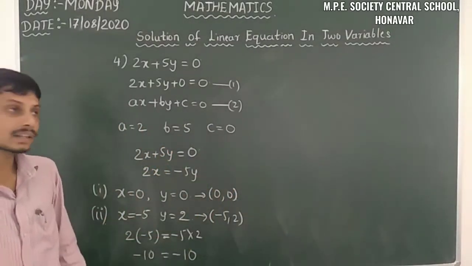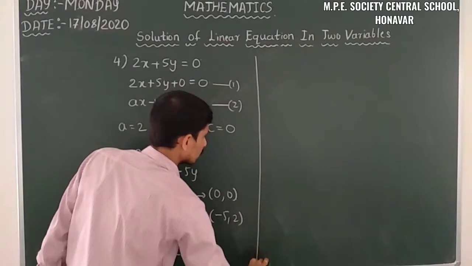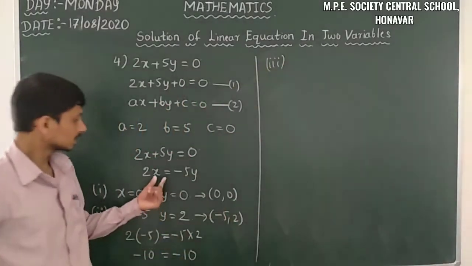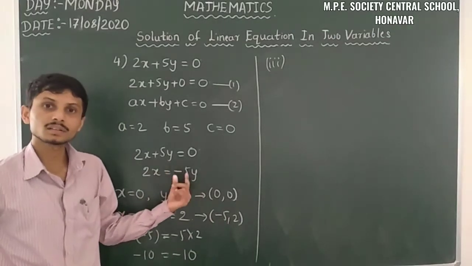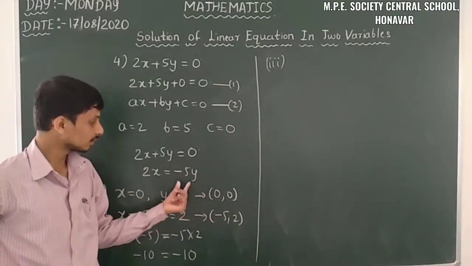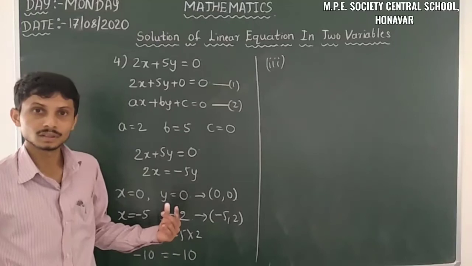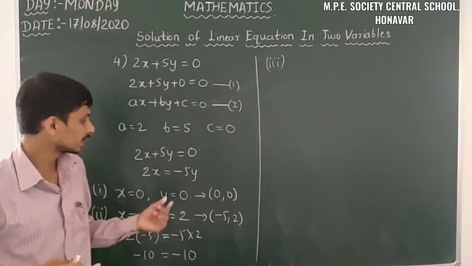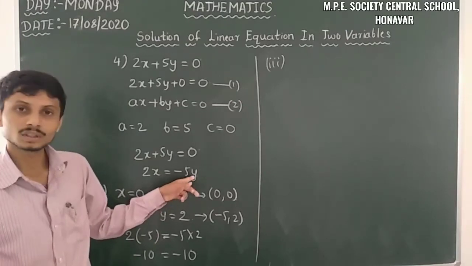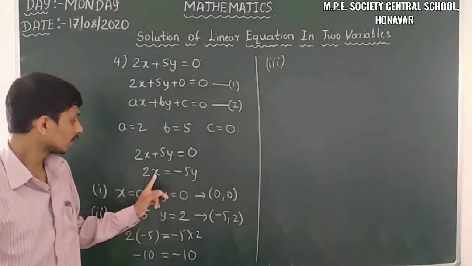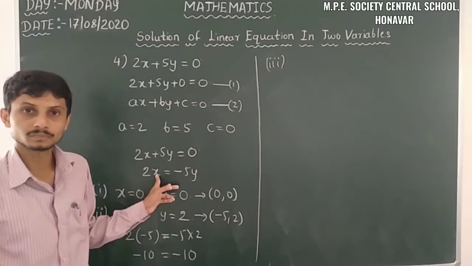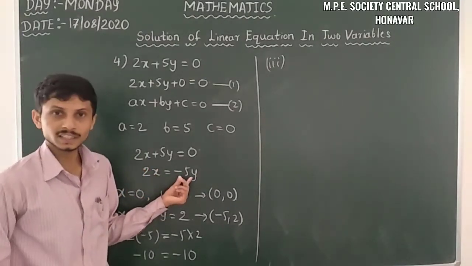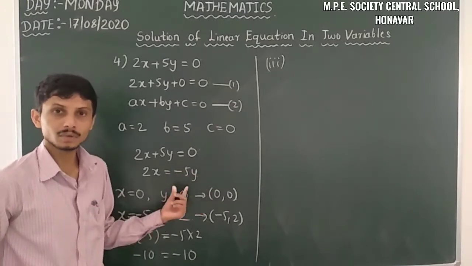Then also we can take, but here we have just taken the signs. That means here we have taken it along with the sign. But when we take it irrespective of sign, here we have to take minus 2, and here we have to take minus 5. So minus 5 is there, that means the coefficient of y is minus 5.